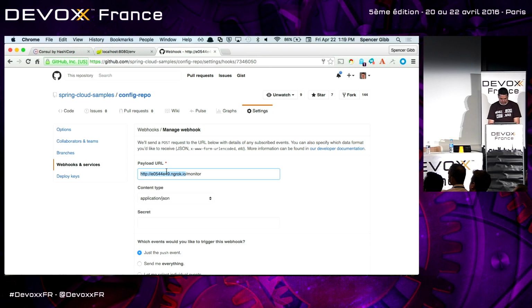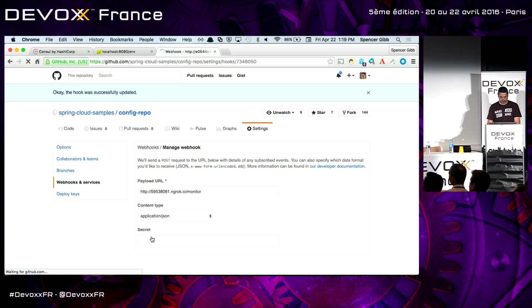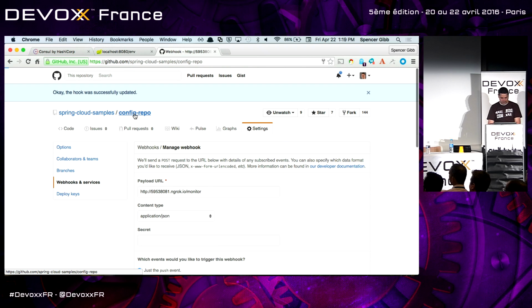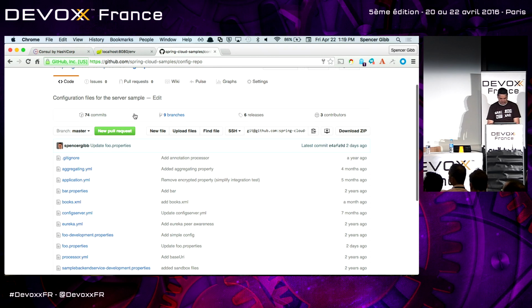When you set up config server, you get a new endpoint called /monitor, and that's what you should point your webhooks to. So I'll point this at my latest ngrok server. If you pay, you can get a name, so it'll never change, but for free, it changes quite often.